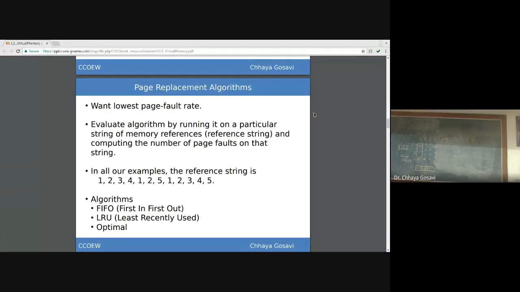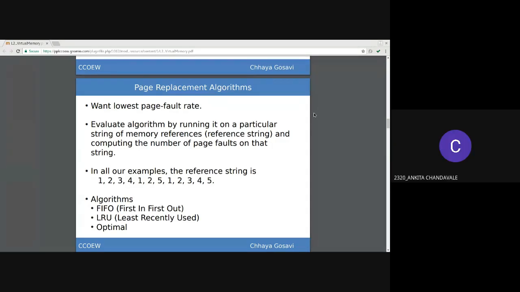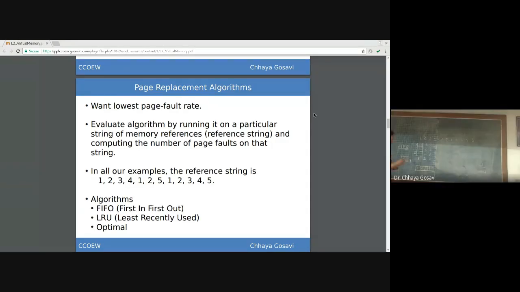FIFO is first come, first out. So the page that entered into the queue first, or into a frame first, should leave first. So which will be the victim page here? Sachita? 1. Yes, page number 1. So this page is replaced by page number 4. So 4, 2, 3. This is again a page fault.